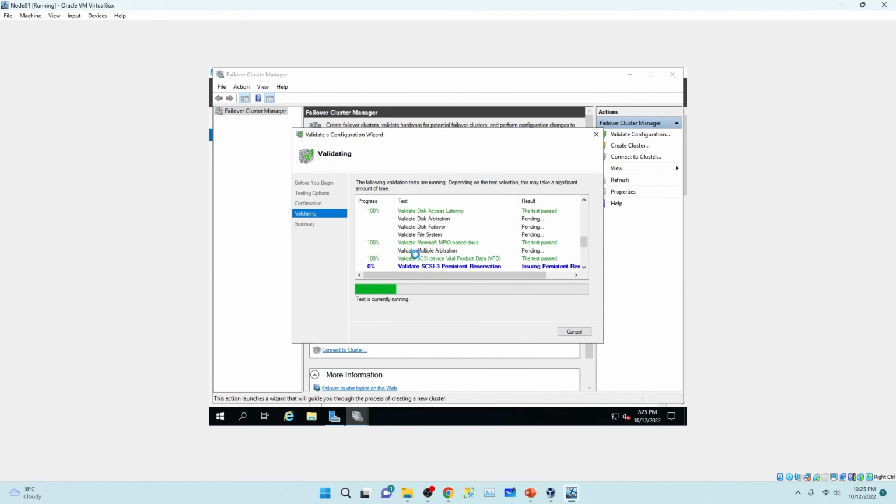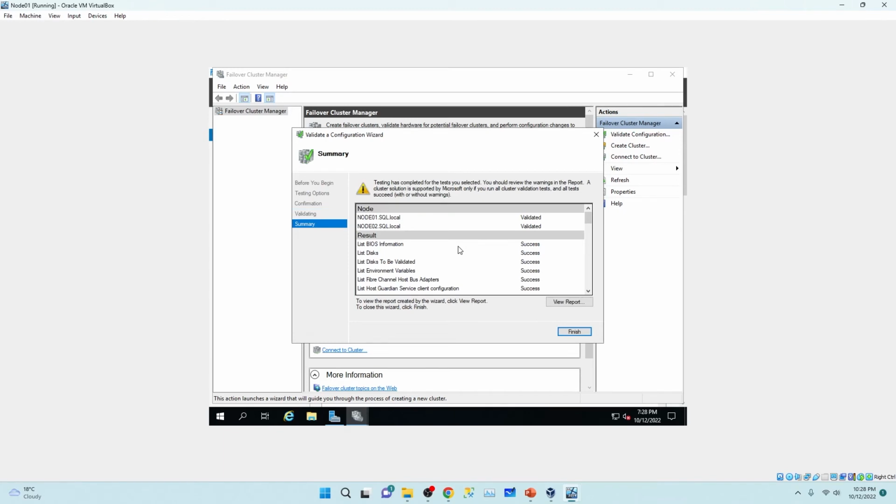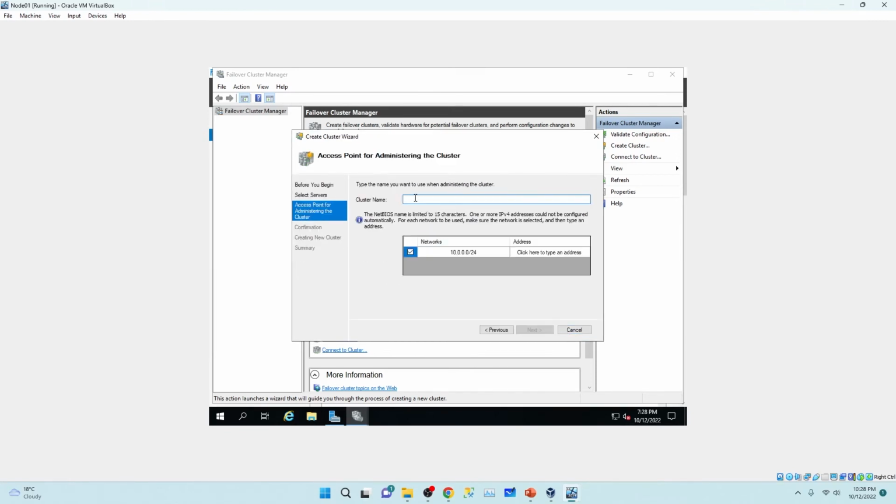So it will validate your cluster, whether you have any connectivity issues. It will check all these things. Okay, our test has successfully passed. Finish it. Now create a cluster. You can create any cluster. Let me just give a name, SQL